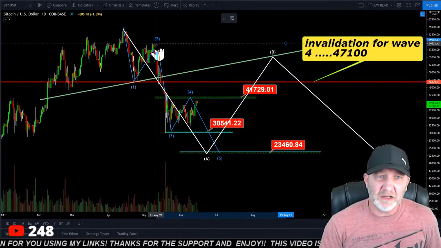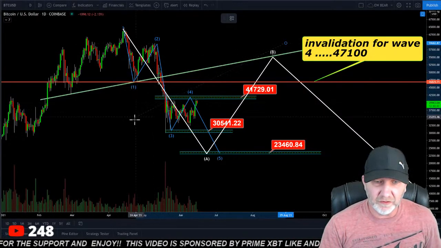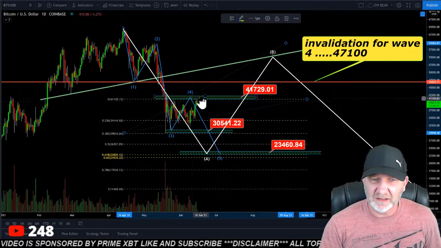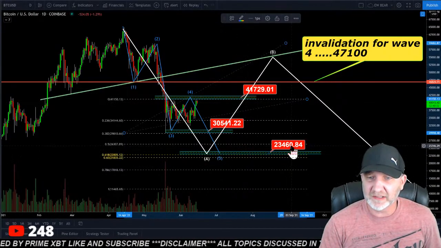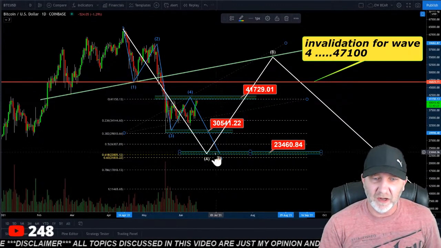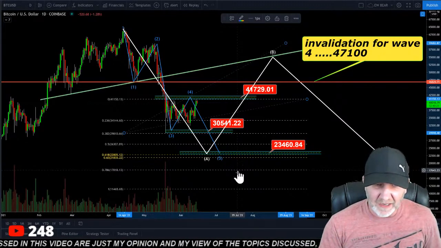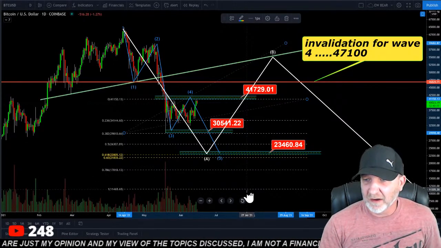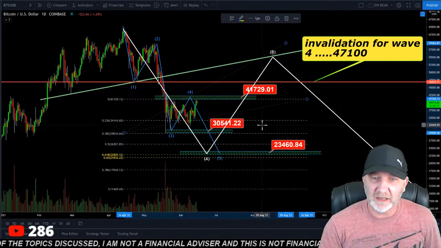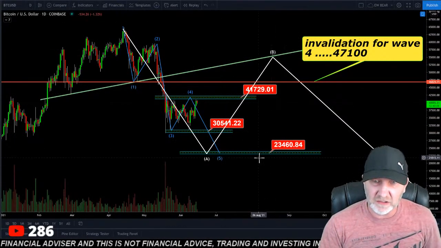If we put the Fibonacci extension from the top of wave 3 here, or end of wave 2, and go down to the bottom of wave 3, and if this is done right here, as you can see, that 23.4 is the 0.618 coming down for wave 5. So it could be extended all the way down to 17.8, possibly 11.3. I don't think it's going to go that low first. I think we're going to get a bounce in the mid-20s, as I've explained over and over again. This chart has not changed since March.